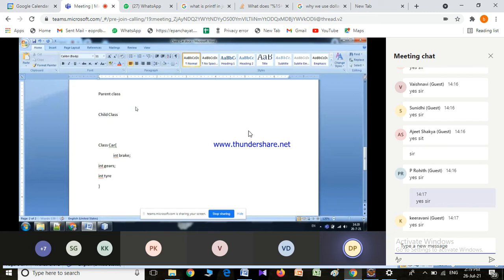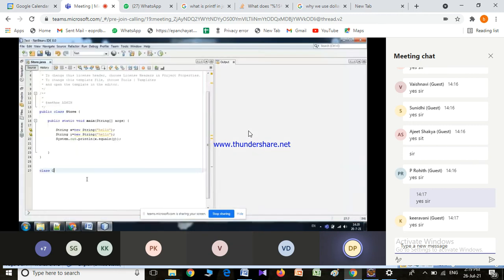These are the things available. Then another class, car, where I have int car types, gears and so on. Okay, so these are my functionalities.